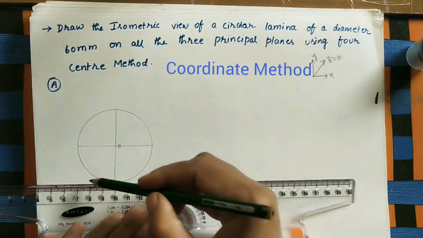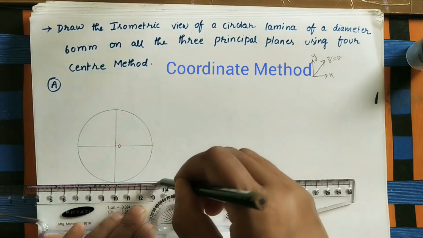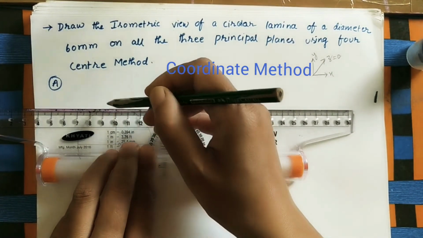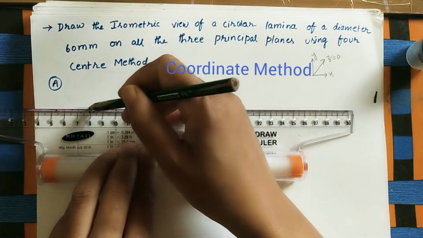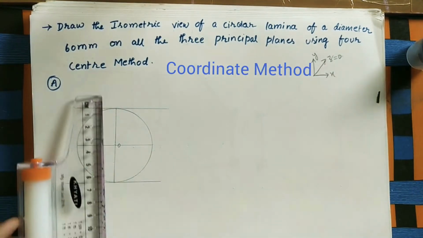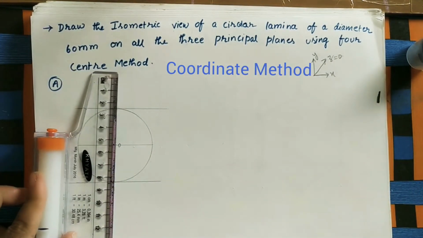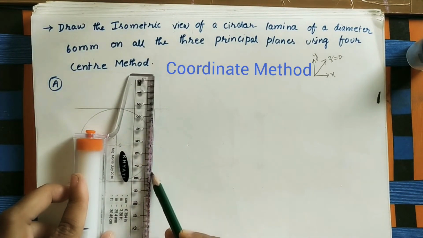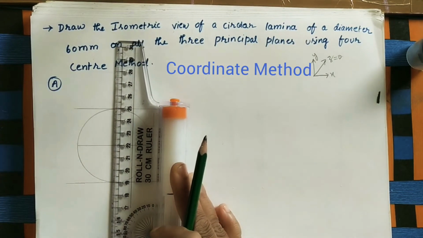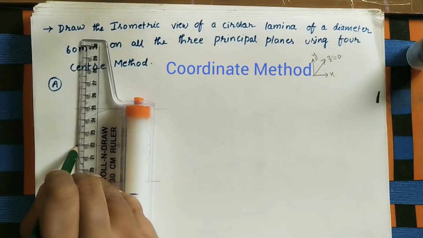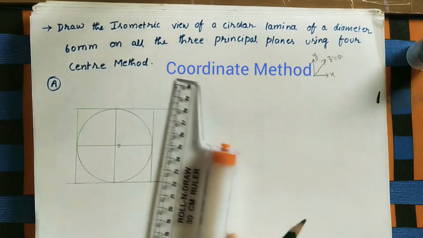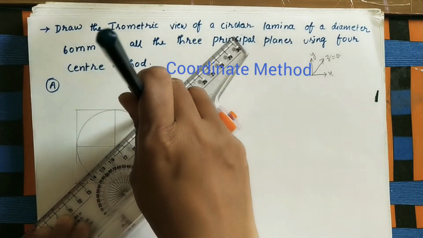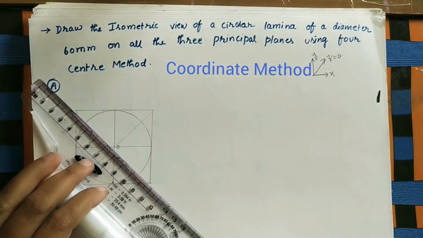Move the scale here up to this point. Just do one line here. Similarly move the scale in upward direction up to this point. Here do one line of some length. Similarly take this vertical line as the reference line. Move the scale, so at this point do the line. This is the reference line. Here at this point do the line here. Here join opposite ends with the help of scale, and here also join opposite ends.